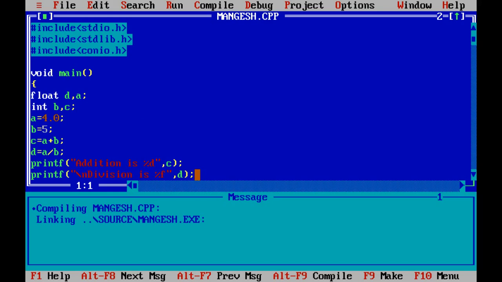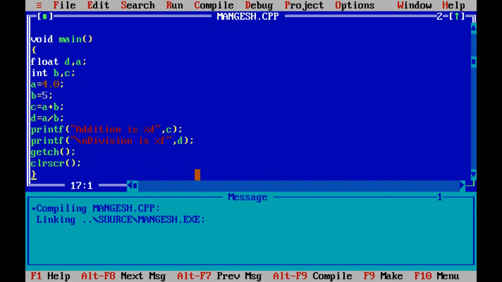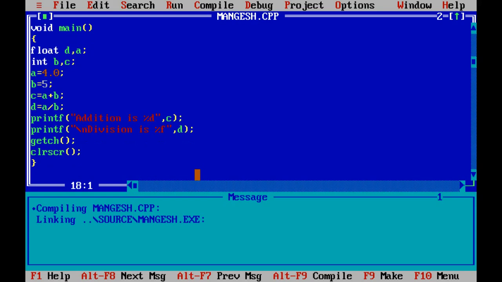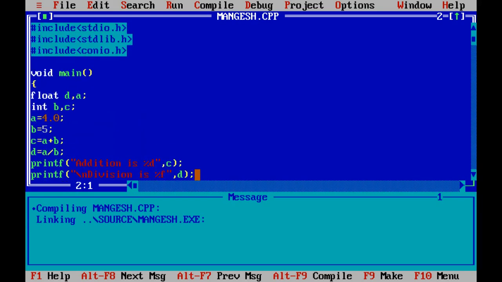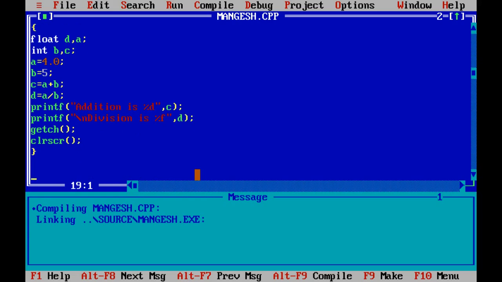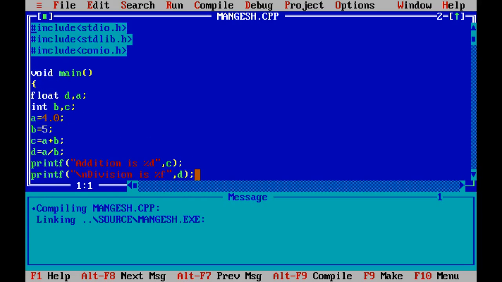We discussed that the first part is the header, to specify the header files, then to start the program, what is the difference between main and void main, what is the meaning of float and integer, how to specify variables as float and integer, and how to make use of the printf command. In the next video lectures, we are going to go in depth, so that we can write some more useful and complex programs using the C language.